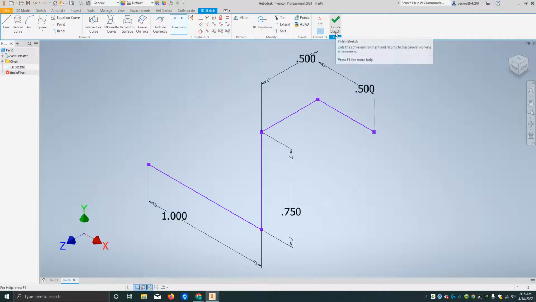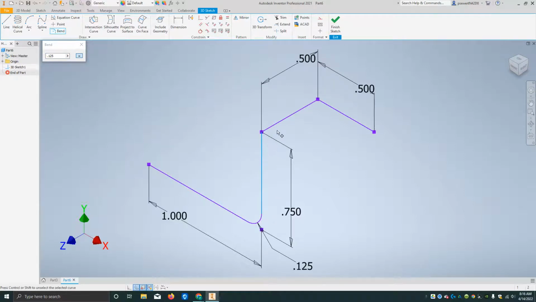Now I cannot finish my sketch. I've got to put one more thing in here. Whenever you do pipes or wires, you always have to have curves in them. So this is what's called the bend tool. It comes in with a default value of 0.25. I'm going to change that to 0.125. And then I'm going to just click on the 2 lines where the intersection is between them. And that puts in this